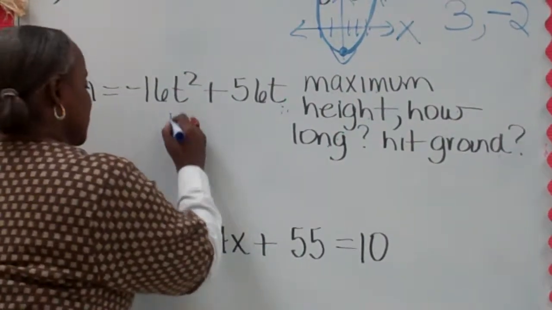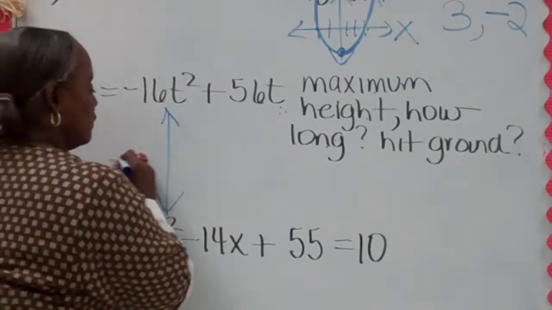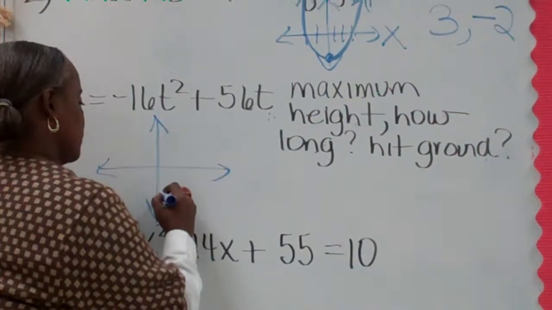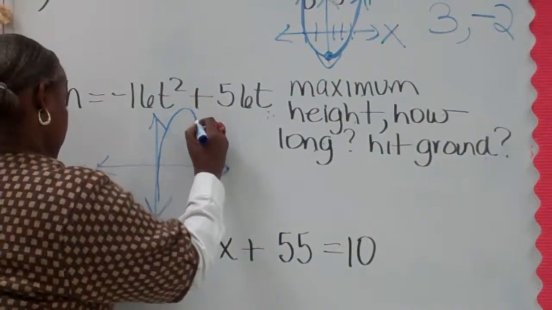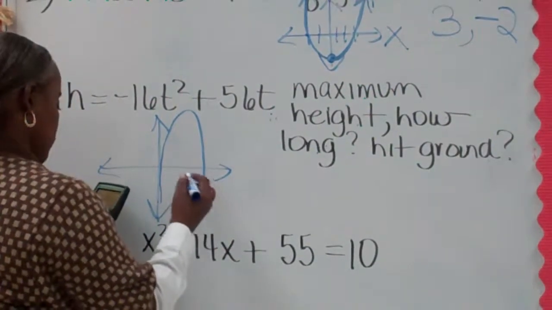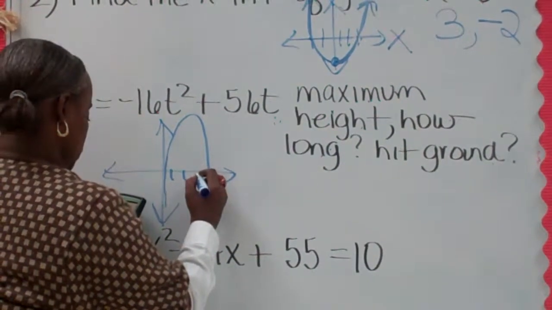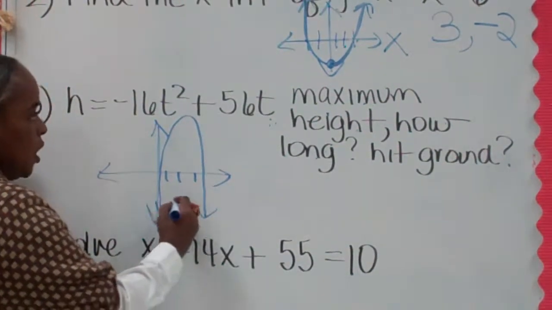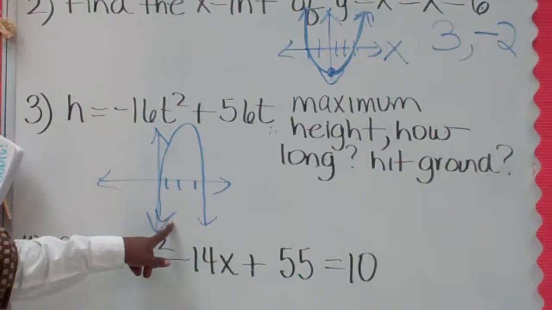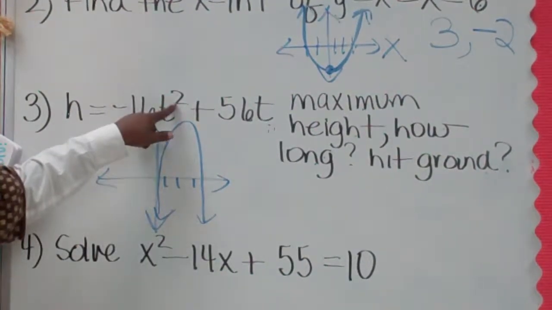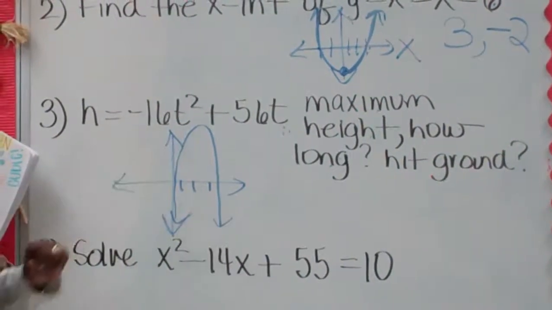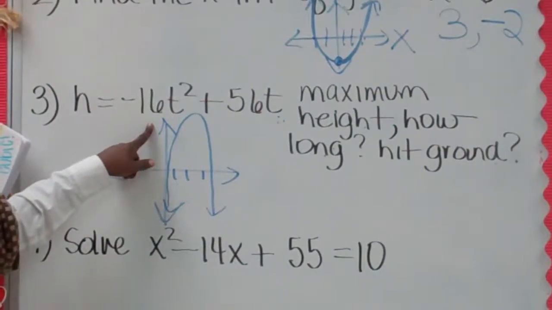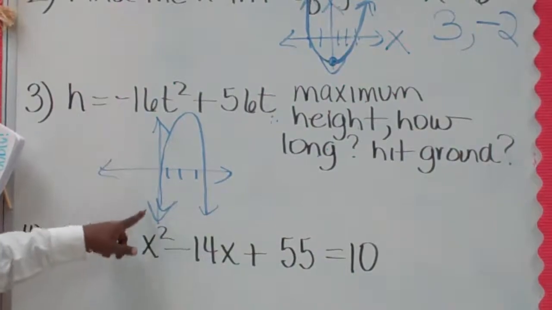Okay, now I see my graph, not a lot of it, but I recognize what it is. The graph appears to be going up and coming back down. The tick marks here are 1, 2, and 3. Immediately I knew that this was going to be a parabola because of the square. The negative 16 in front of the x squared term meant that the parabola was going to face